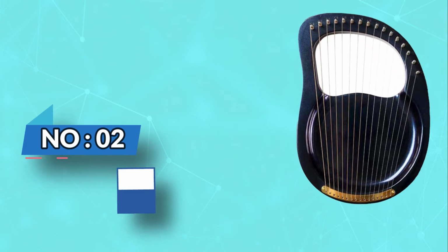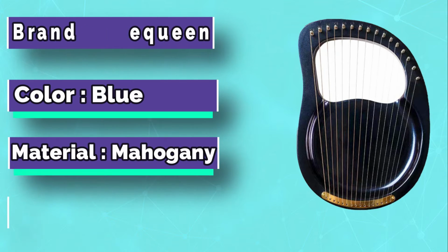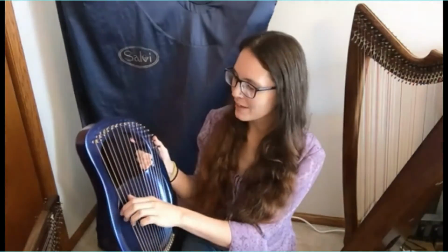Number 2. Smequeen for Beginners. We have another premium quality light harp from the brand Smequeen. The quality of the material used in its manufacturing is amazing. Talking about its body, it is made of premium mahogany plywood, which is a dense wood and has little effective string force on it. If you are a beginner and new to this, then this product is perfect for you